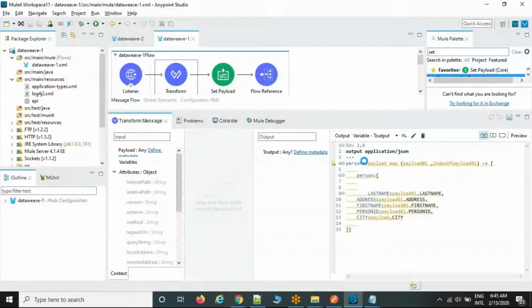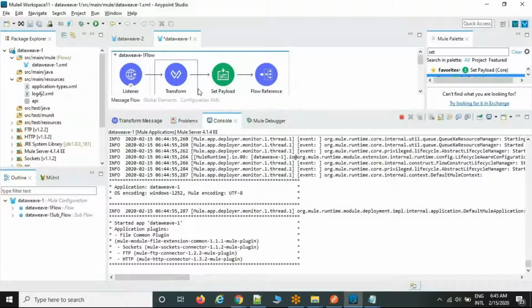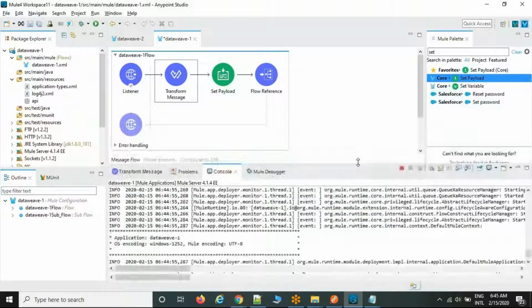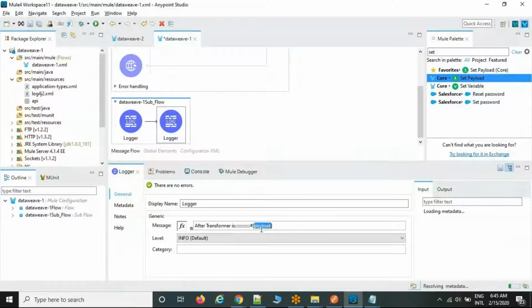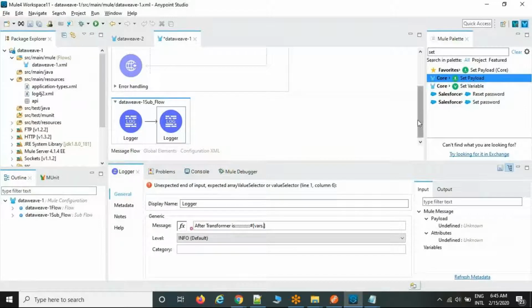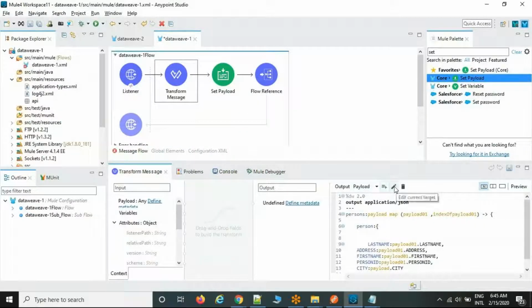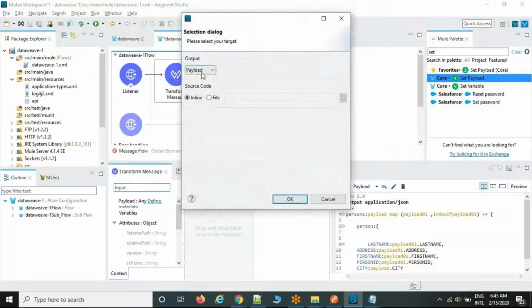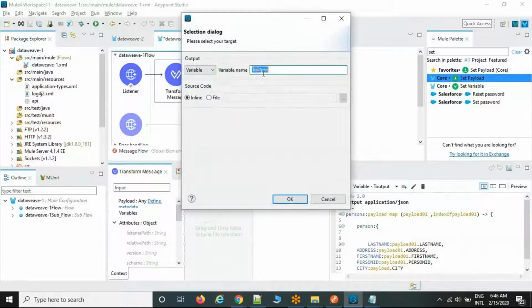Now you want to retrieve it, right? Currently the Logger is showing this as the final output. Now I am going to retrieve it in the subflow as well. How are we going to retrieve it? Here, instead of selecting payload, if you define a variable and want to consume it in some other place, what is the Mule expression language? vars dot, and what is the key here? tOutput, the variable name I'm talking about. If you want to edit, click on this, edit current tag, not this one. So this is the variable name. Select the variable name.